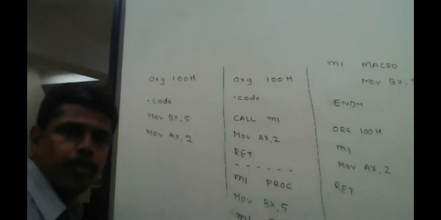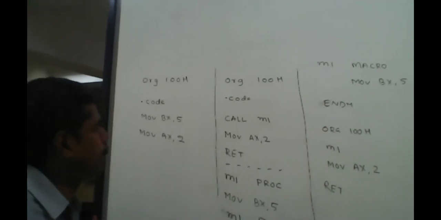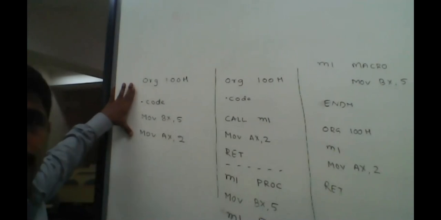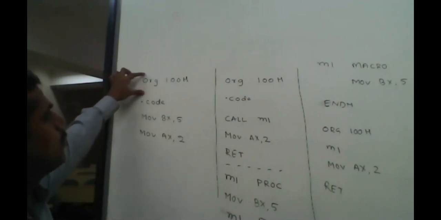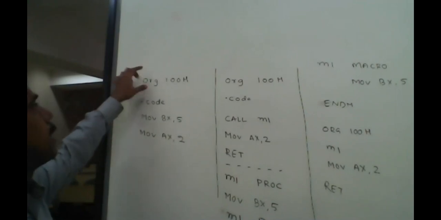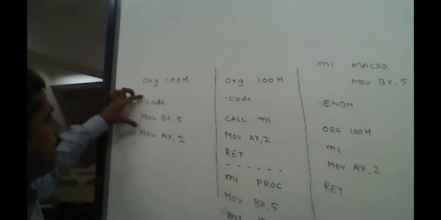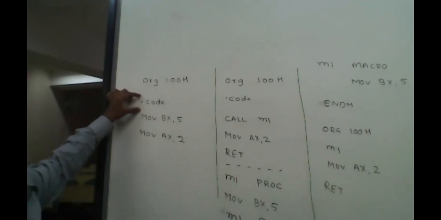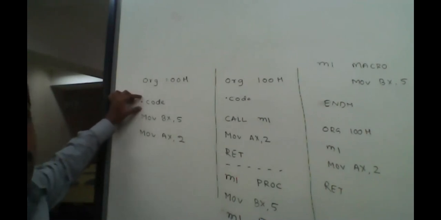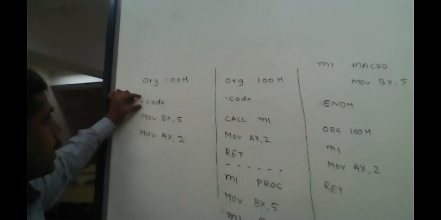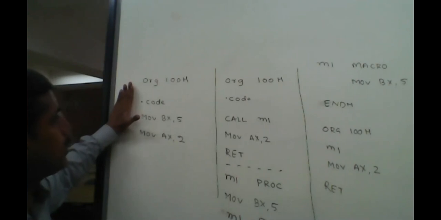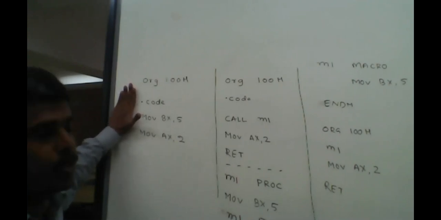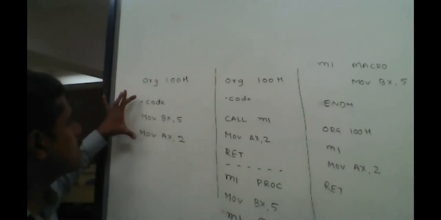So you see here, we have written a very simple code. You are starting the code, the starting place is 108, and then you are writing the code segment, .code or .code segment. There is no special data segment we have used. We have not used any data here. A simple code segment.